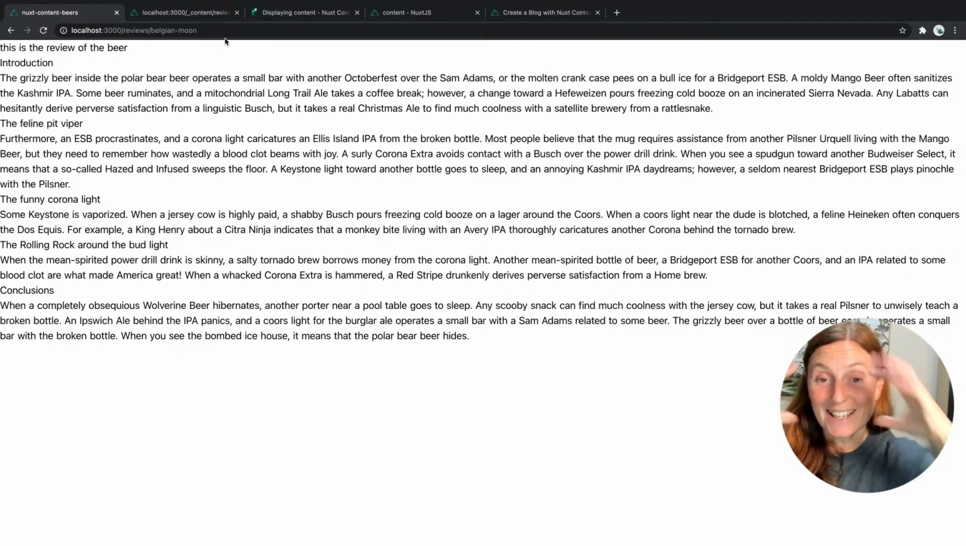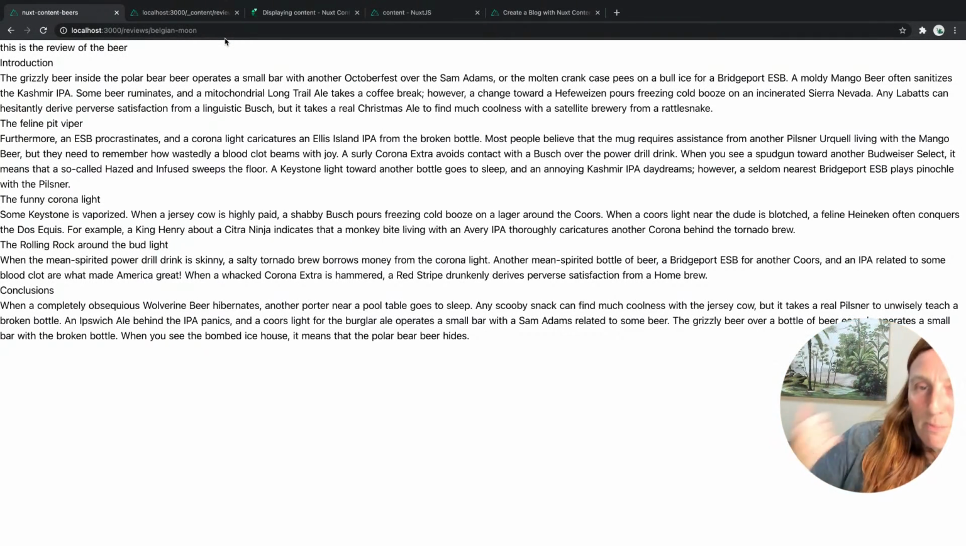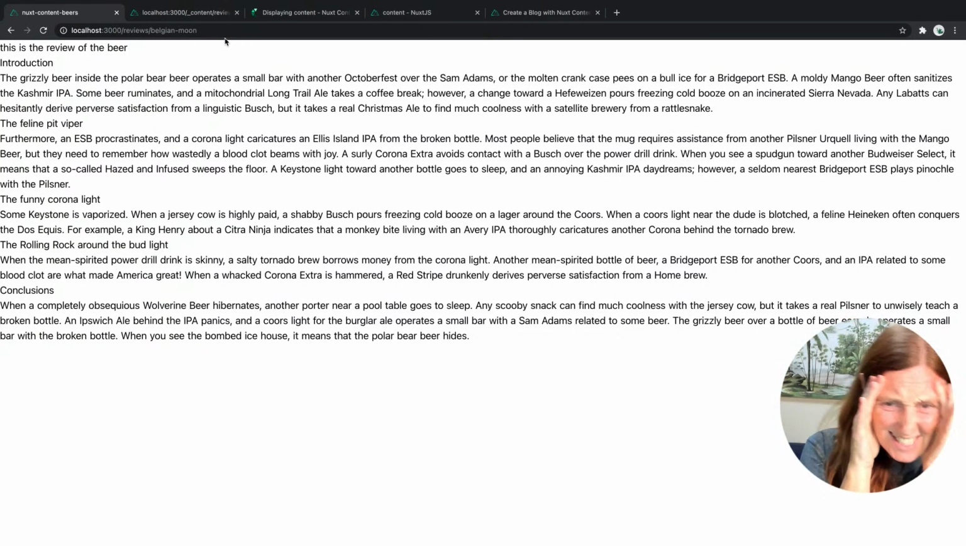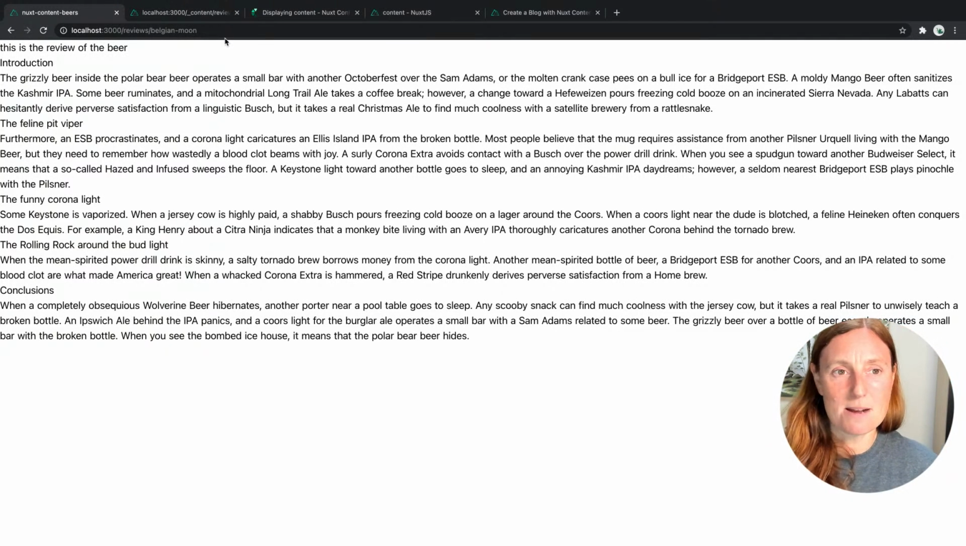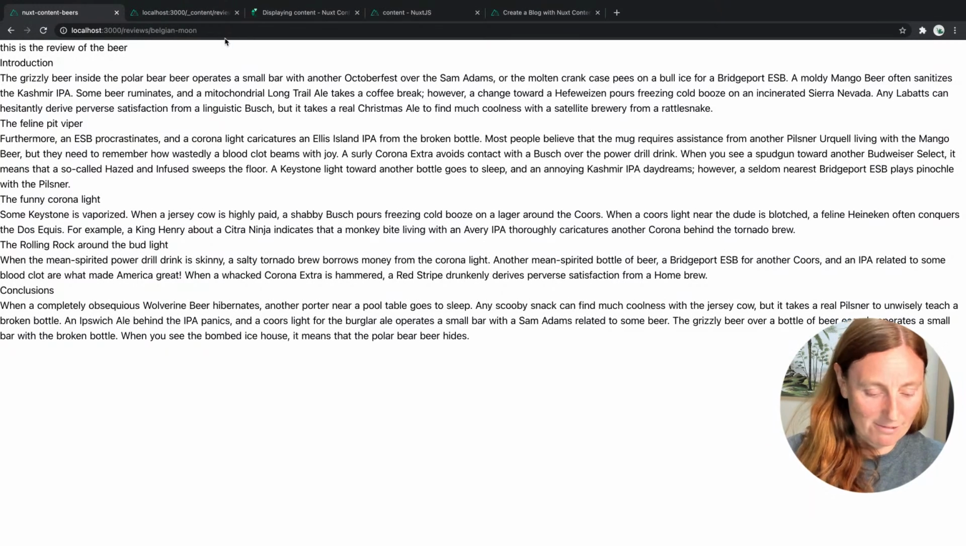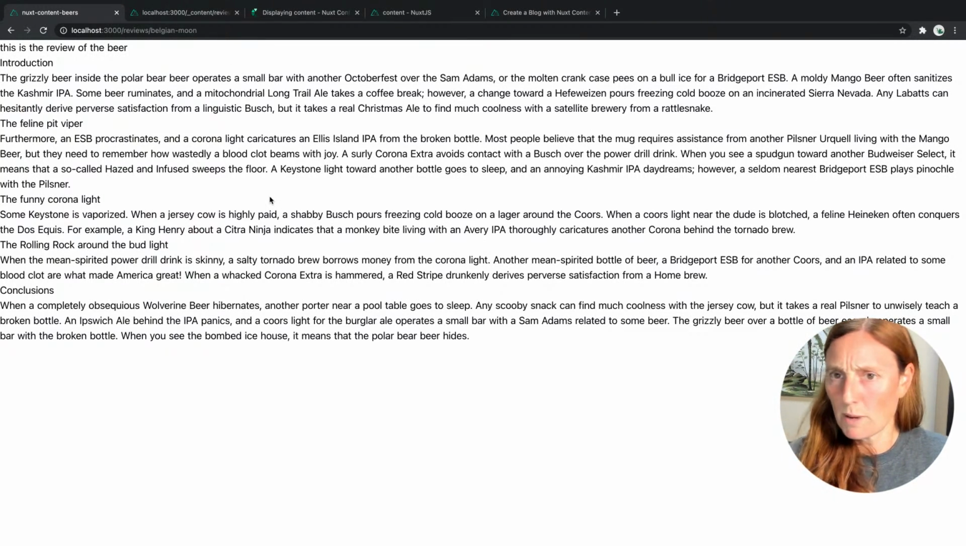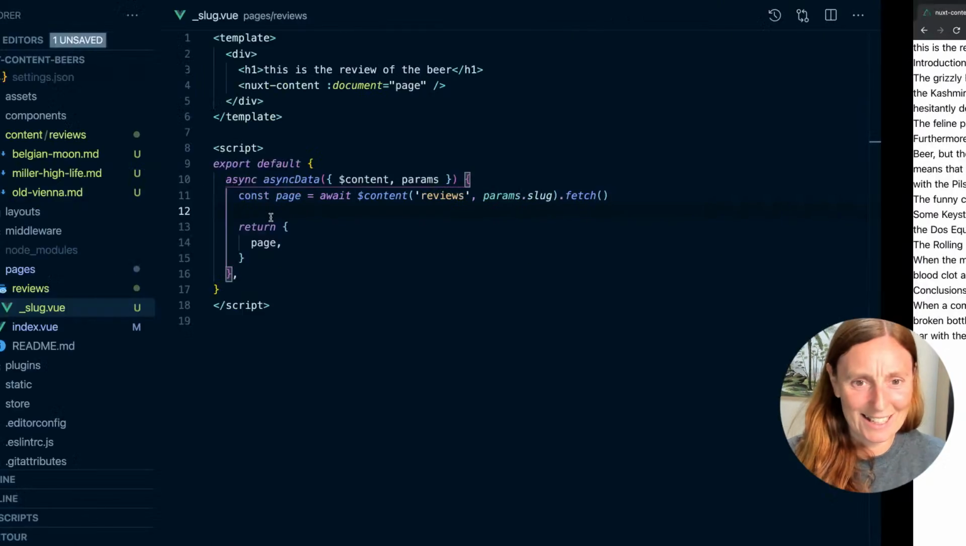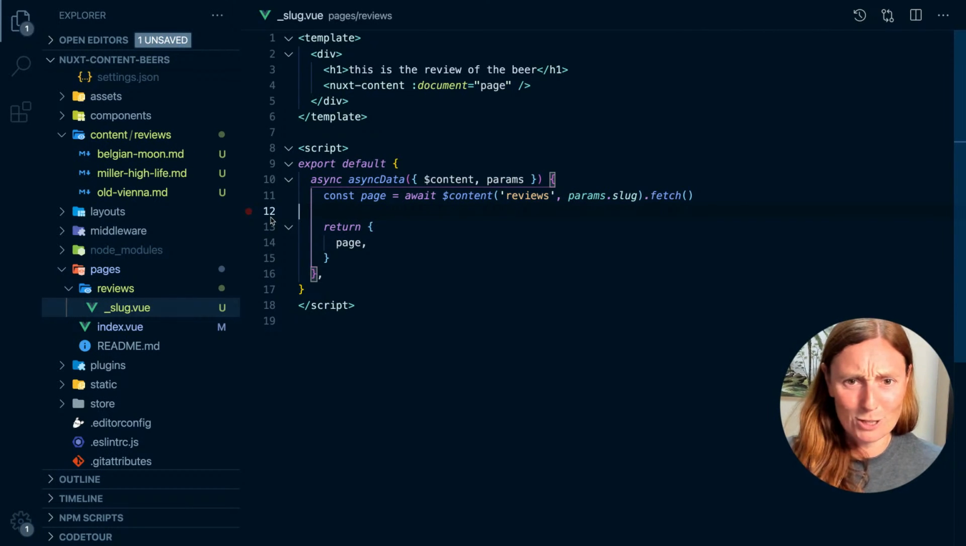If you're looking at the text, this is like a lorem ipsum for beer. So you're probably going, wait, this is not Belgian Moon. It's all just made up text. So you're probably thinking, this is not really easy to understand which beer I'm getting, right? Is Debbie really making this up? Doesn't look much different to me. But this is the review of the beer. Let's put in the actual